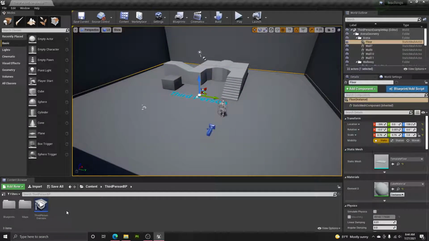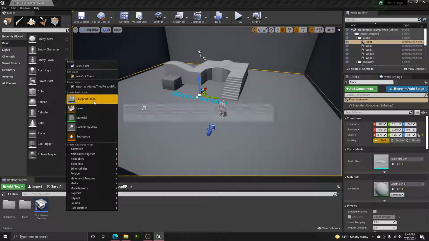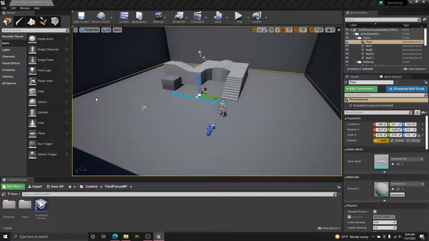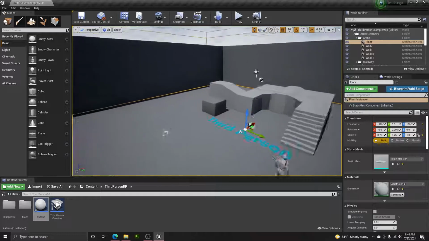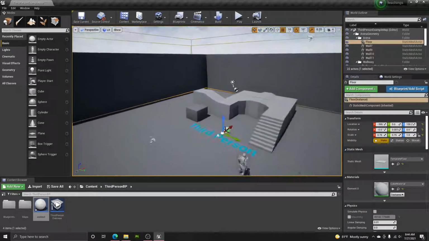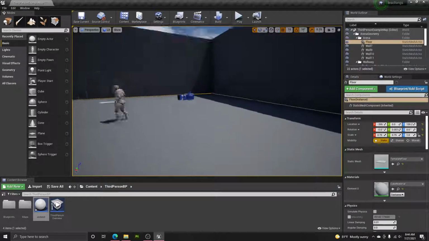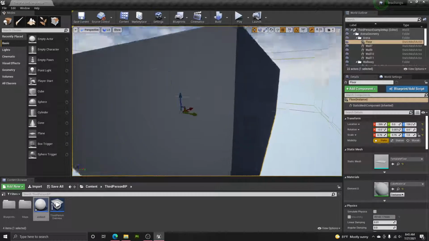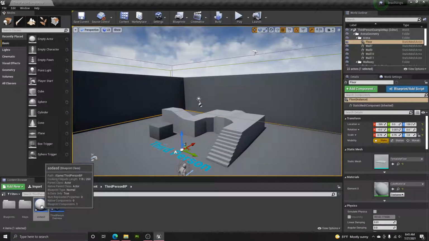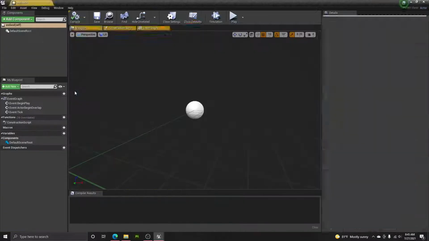So we're gonna make a new actor from blueprint class, and it's just gonna be an actor. And we don't need any AI, player pawn, we don't need any of that. Or the, what's it called? The volume for the AI to walk on. Instead, we're gonna make him fly. So if we open this,